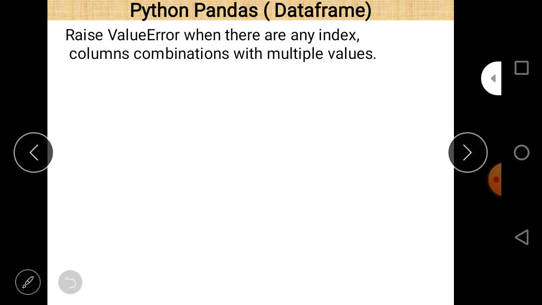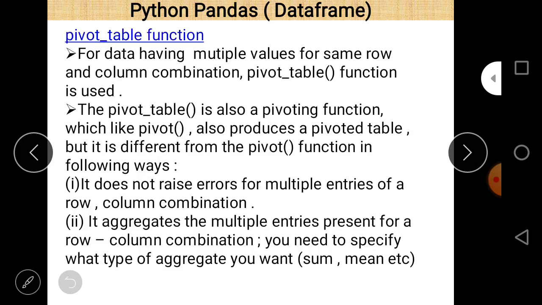Now the important question is how the pivot table function is different in comparison to the pivot function. So let us take some points regarding the pivot table function. For data having multiple values for the same row and column combination, the pivot table function is used. So that is the important difference between the pivot function and the pivot table function.